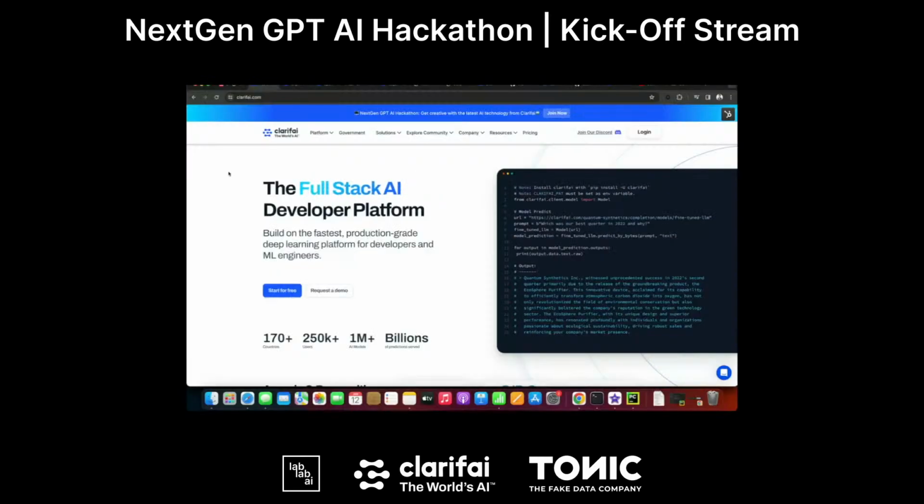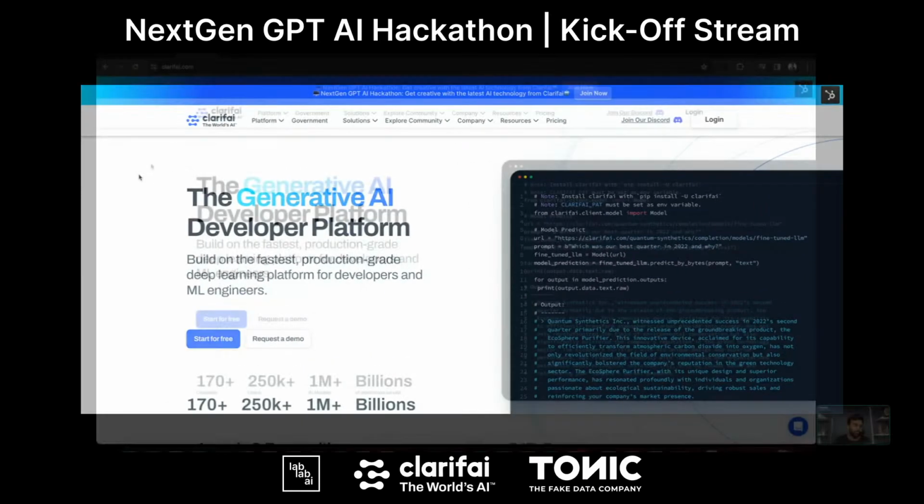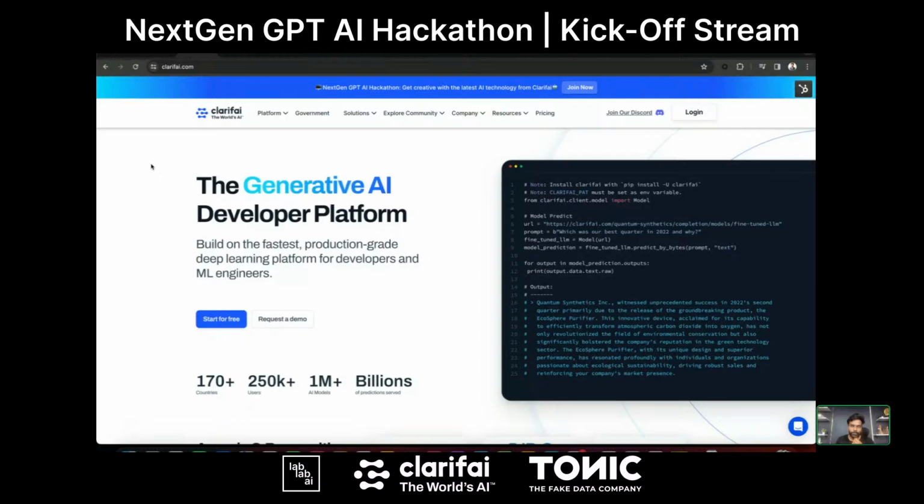So if you're not aware of Clarifai, you might have an idea of what Clarifai does from the introductions that Sanwal and Nick have done, and maybe you have gone through the platform when signing up for the hackathon. Clarifai is a full stack AI platform which helps you take audio, vision, and other types of data and models, and build everything from scratch within the platform. It's a full stack AI platform. It just helps you to build things.